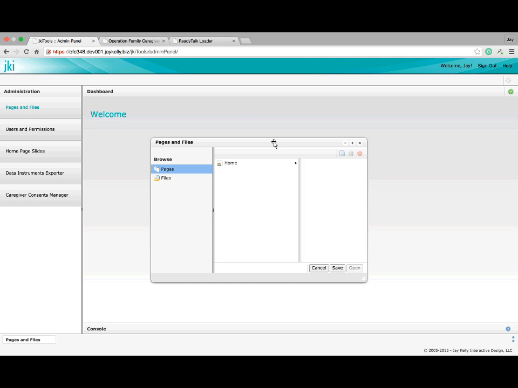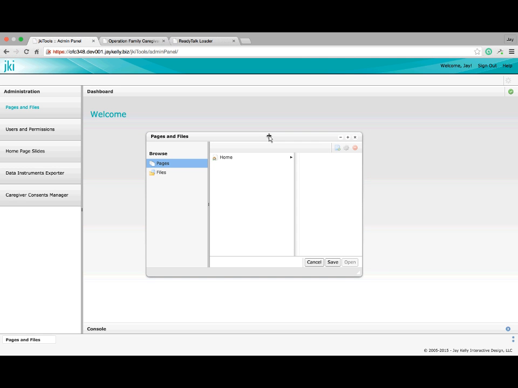Can someone tell me how to even get to the admin panel? This is Chelsea. I'm not even there yet. Okay. Well, this is on a different server, but you would go to the Operation Family Caregiver website. Okay. And he doesn't have a login yet. Okay. Should we create a login then? Yes, let's do that. Okay, I'll switch over and go to the admin panel, and I'll type it in